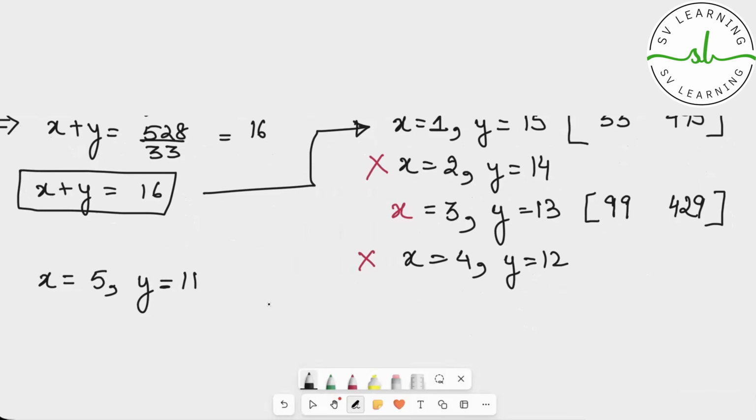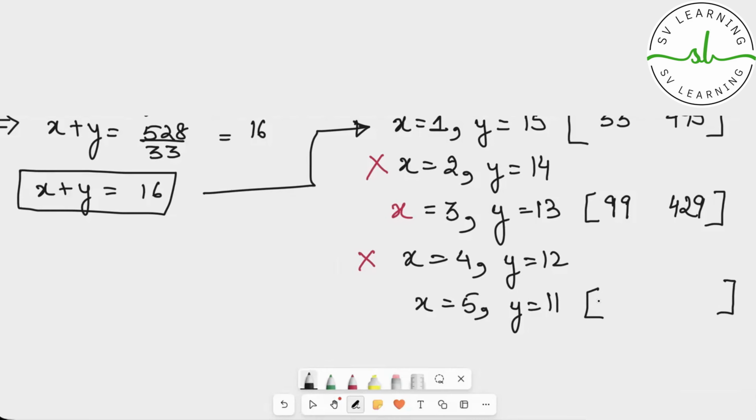In that case, my numbers will be 33 into 5, which is 165, and 33 into 11, which will be